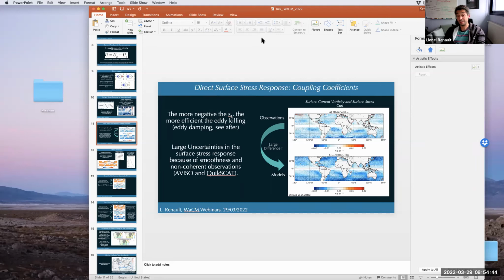And in terms of accuracy, I guess we may have the same issue as with QuikSCAT, with the precipitation in the equatorial regions. I don't really know how we can deal with that. And in terms of scales, the mesoscales, if we could have a good estimate of scales of more than, I don't know, 50 kilometers, something like that, or even less, the better we have, the happier we are. I don't really know.